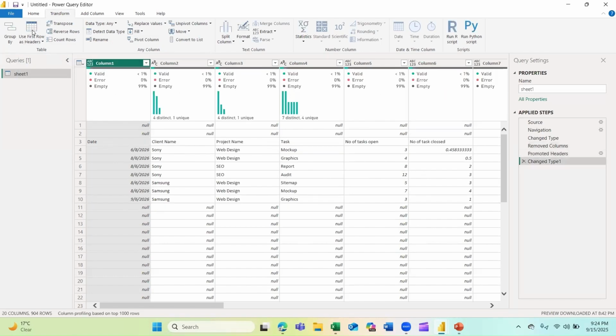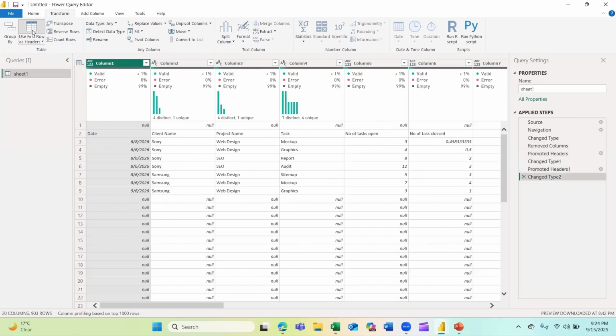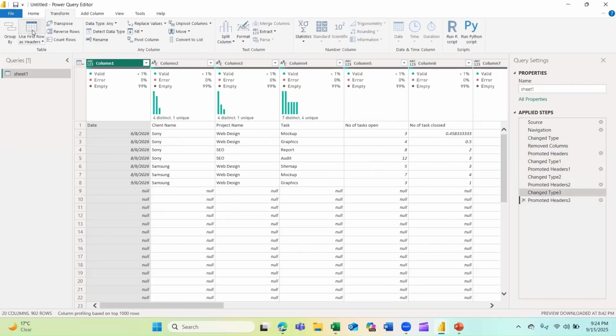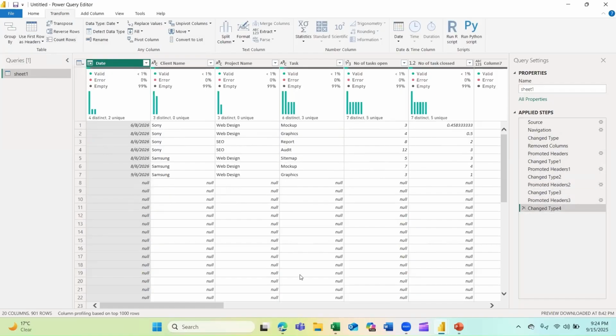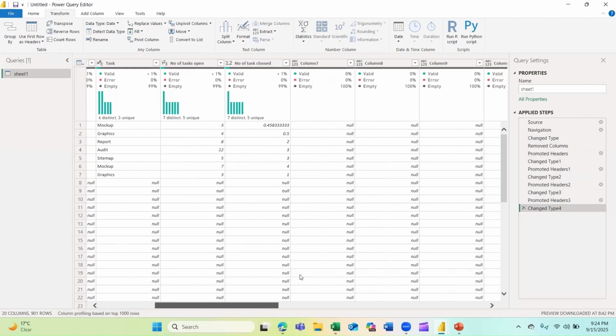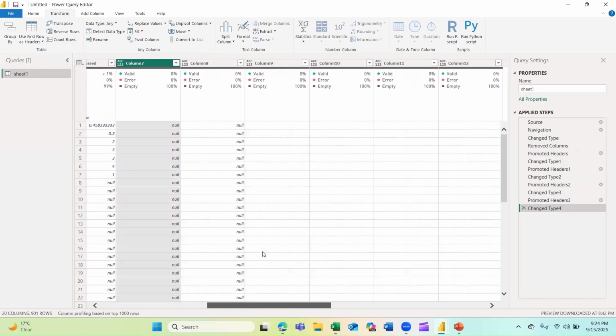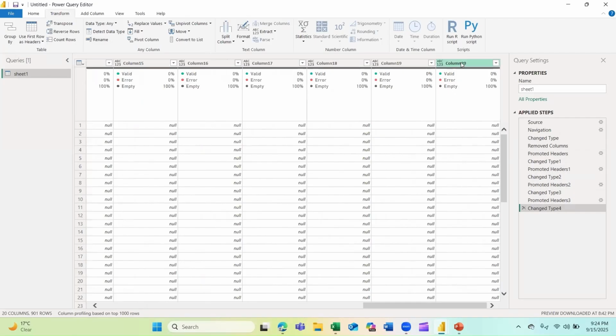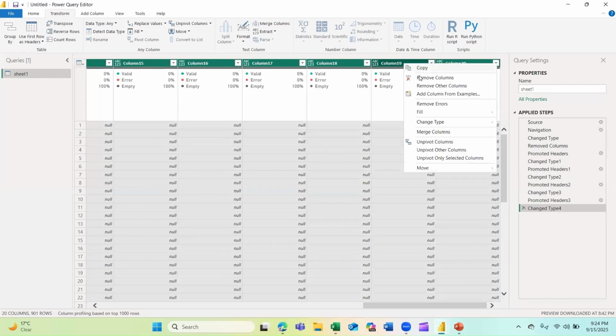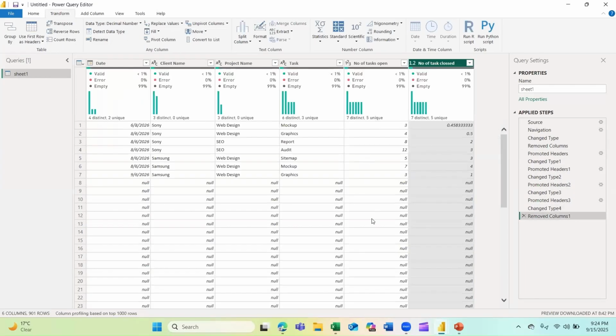I'll have to press this option several times. Now I have it, and the next step would be to clean all these columns. I will press shift and click again, select everything and remove columns.